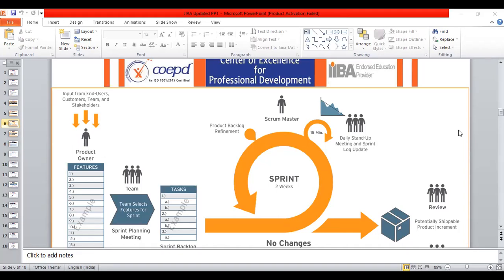So from the product owner, requirements are not put directly into the product backlog. We also document them, and then we'll discuss all the BA activities done by the BA only. After taking the requirements from the product owner, these requirements are taken by the Scrum Master as well as the business analyst. The Scrum team, even the developer, is also involved here. The Scrum team breaks it down in terms of responsibilities, and then it gets passed on